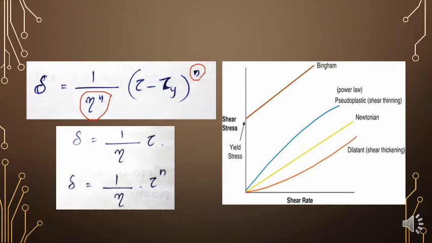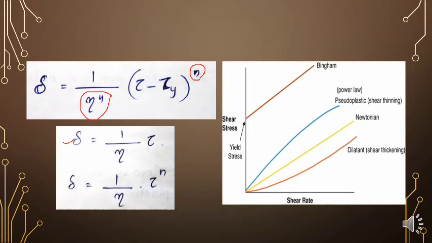So we can take eta double dash, or apparent viscosity, as 1, that is Newtonian viscosity. Then the equation can be written like this: delta is equal to 1 by eta into tau. That is known as Newtonian liquid. Otherwise we can write delta is equal to 1 by eta into tau raised to n. So if n is equal to 1, then it is known as Newtonian liquid. If it is not equal to 1, if it is less than 1 or greater than 1, then it